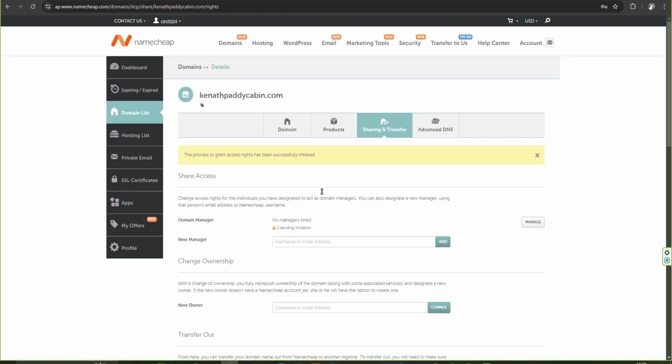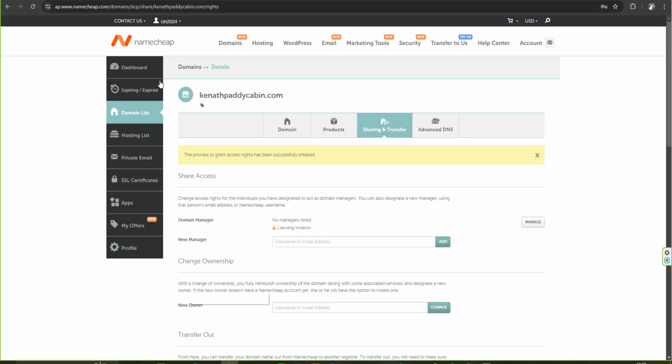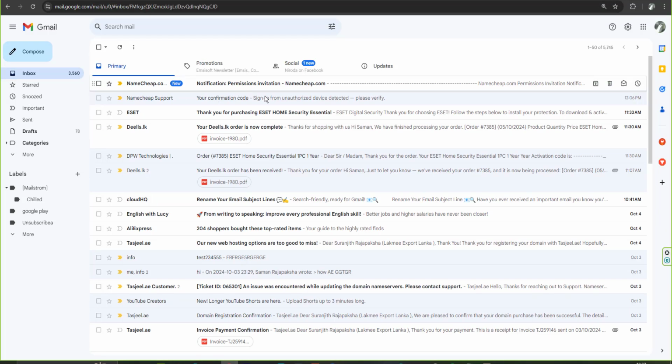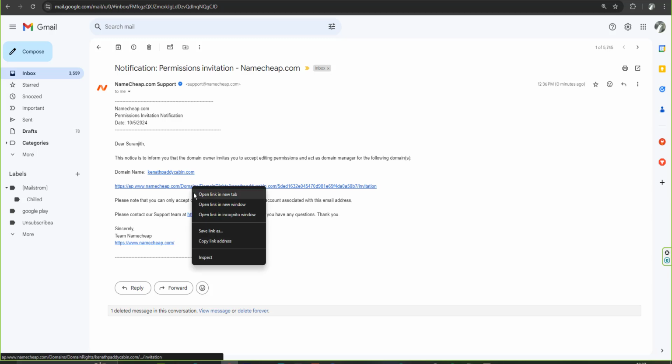Okay friends, now you can see the invitations here. Your domain manager will receive the email. This is the type of email your domain manager will receive. Okay, I copy this one,